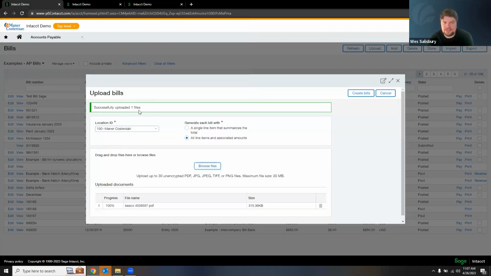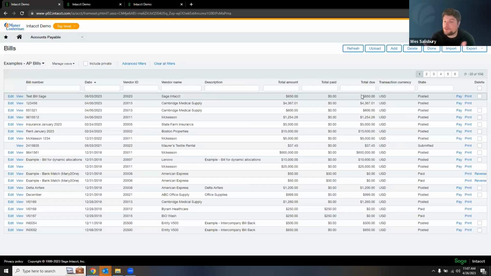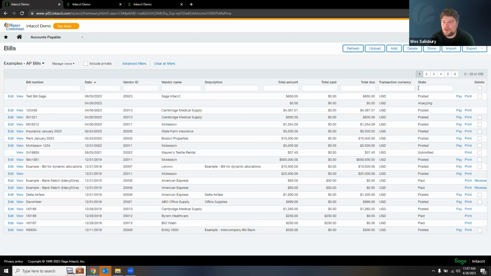All right, so it successfully uploaded the one file, and I'm going to hit create bills. So I've hit create bills, and I'm going to select refresh up here to refresh my screen. What happens immediately is any bill that we imported, uploaded in this manner, it gets dropped into the bills listing here in a state of analyzing because it hasn't figured out what to do with it yet because it's running